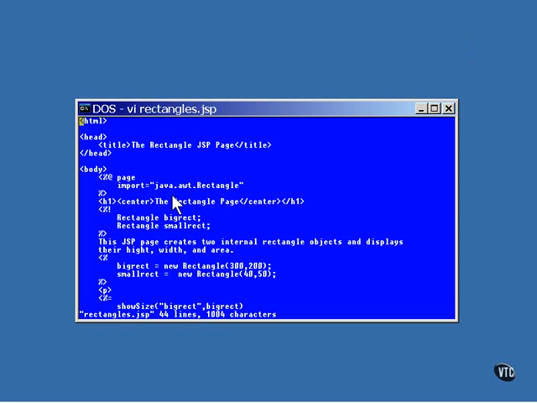To do this, a page directive element is used. Now, this is not a Java statement, and it isn't written like one. It's written as an attribute value for a tag, and the attribute is quoted. You can include more than one class in a JSP file, either in the same statement or you can use